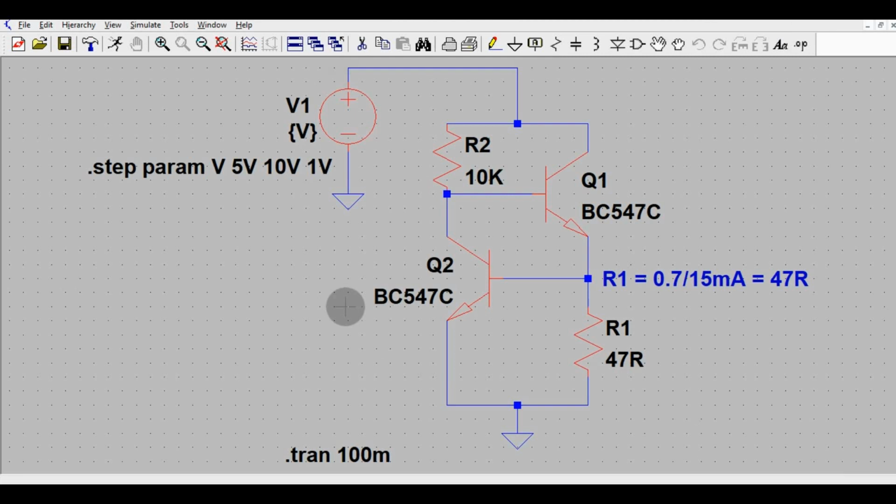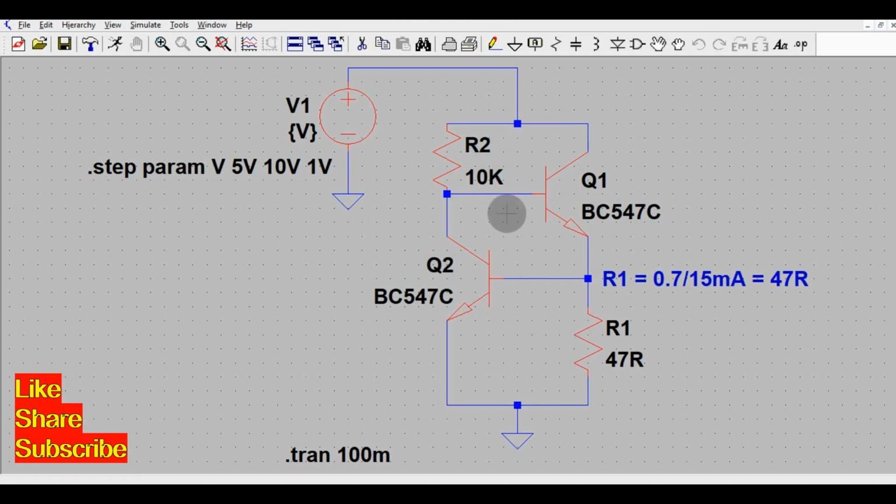So today we are going to understand the transistor as a current limiting device. We will understand how a transistor works as a current limiter, how it limits the current flowing through it. This is a simple circuit based on two transistors that I have drawn here, and this circuit works as a current limiting device. Okay, current limiting.